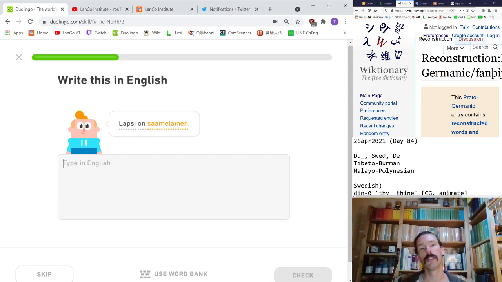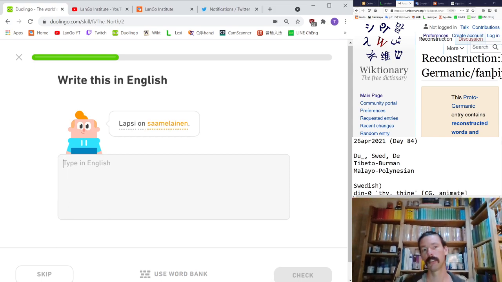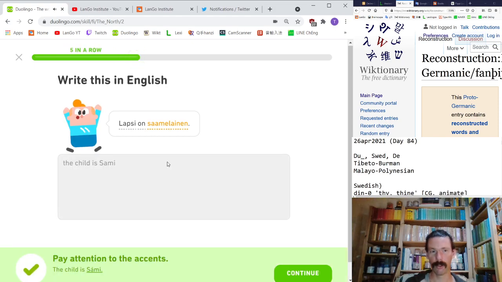Lapsi on saamelainen. Okay, is from Lapland is a little outdated. Saami. Okay, that's a name. The child. Oh, it's child. Huh. The child is Sami. Older names for the Sami people that are now no longer